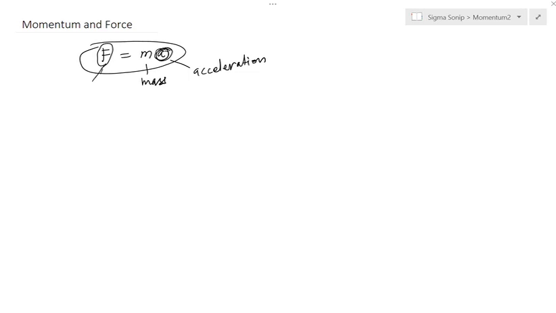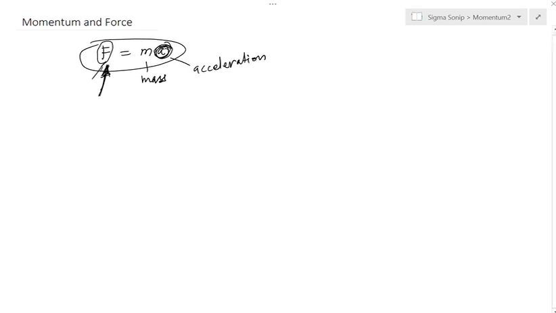And if we look intuitively at it, we see that it is true. If something is moving, if you want to accelerate it, you need to apply some force. And we can have a view from the other side as well: if you apply force on somebody, and here I'm talking about the net force, it will produce acceleration. There is no other way about it. So let's start with this equation, F equals m times a.